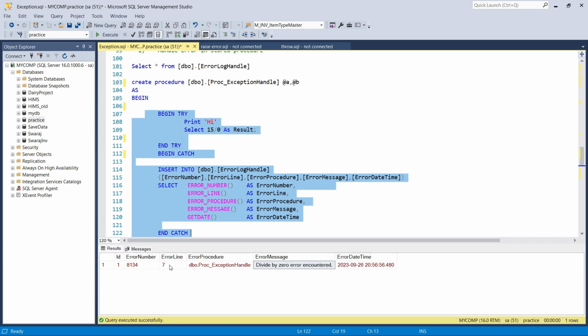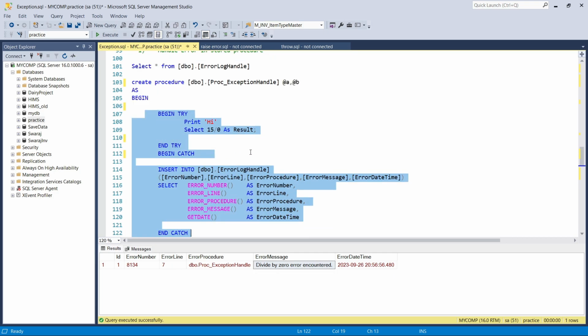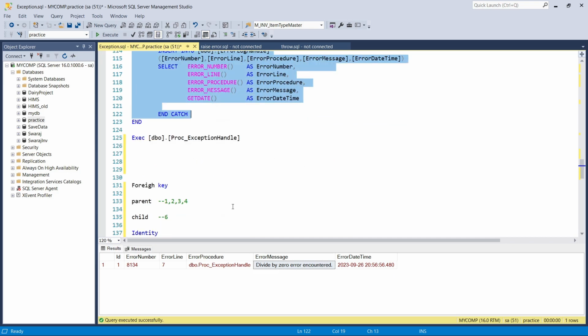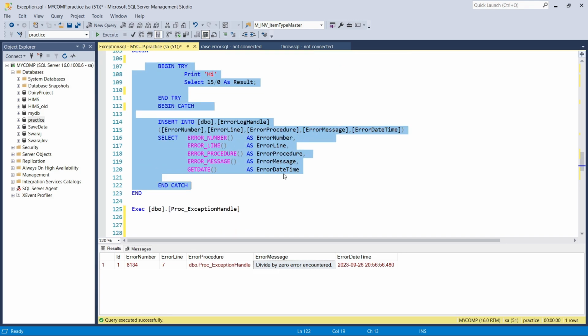As and when we write code for any stored procedure or SQL code, in the procedure you have to mention the BEGIN TRY block, then the BEGIN CATCH block. So it will handle the errors. It is the best practice. And then the next thing I mentioned,